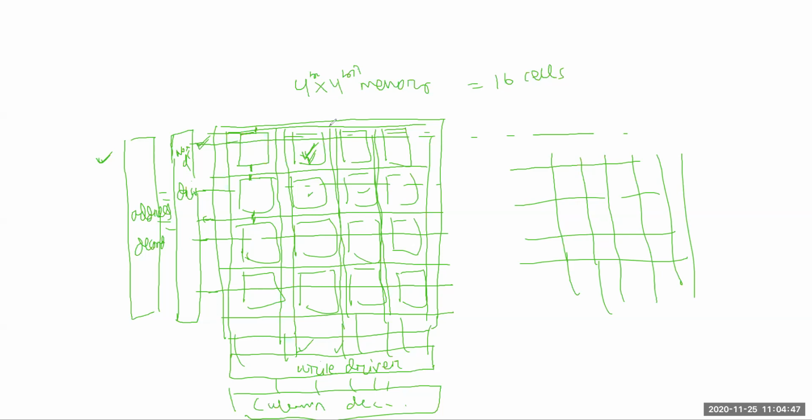Here all lines are selected. The common is here. So we will only access this data. That means we will read this data, or we will write here. Suppose 0 is there, so you have to write. We will write 1. We will modify the data, or whatever the data is there, you can read through this line. So this way the SRAM is working. That's why this address decoder and column decoder are there, to select the particular address of this location.